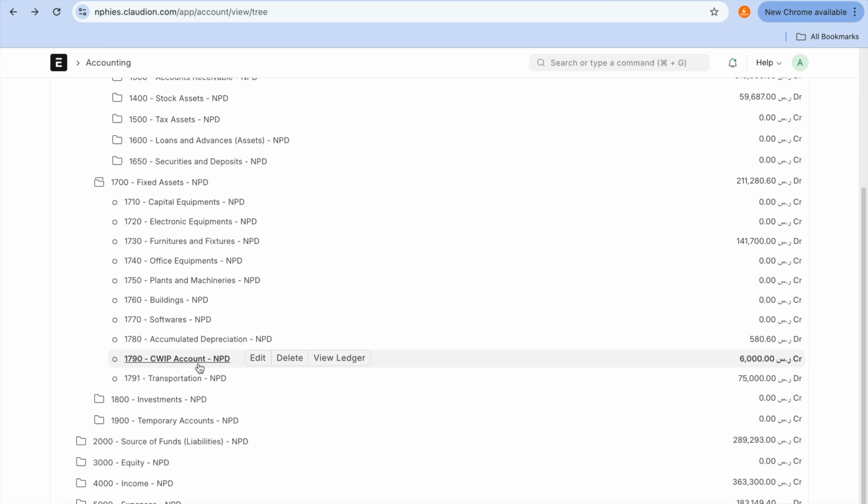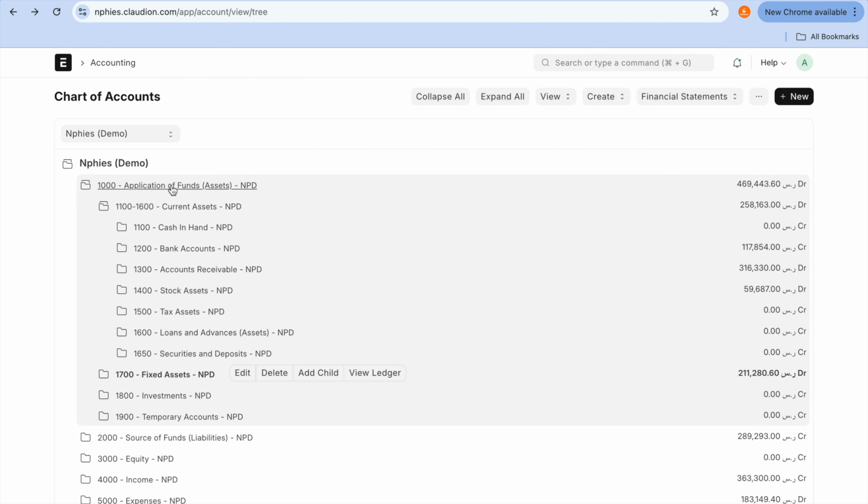Sometimes you may need multiple, because you are building multiple construction sites and you want this account to be separated, same like electronic capital and all. If you are a big company doing big construction, you need it separate. So in that case, you create a different one,